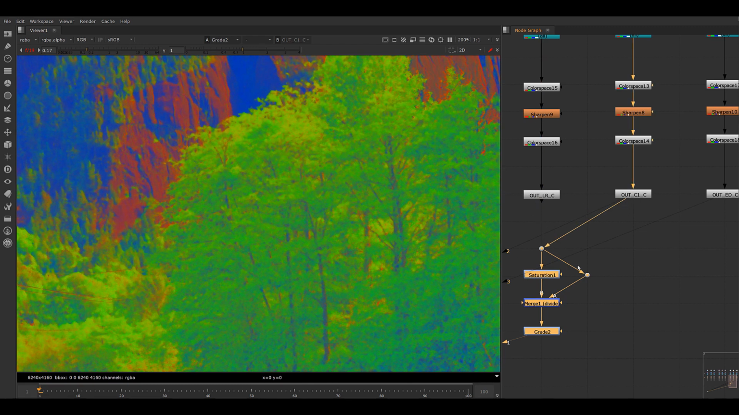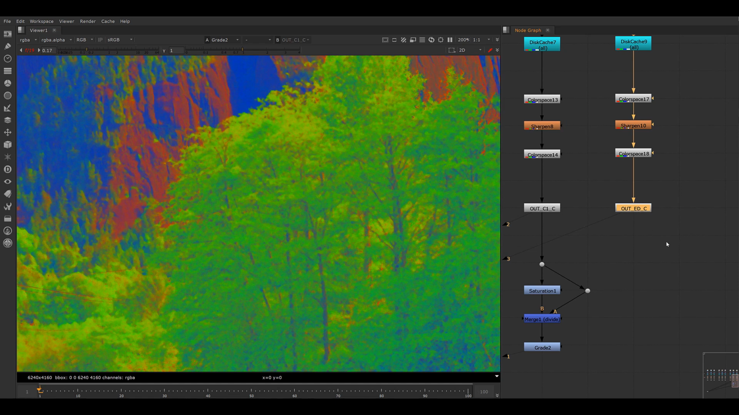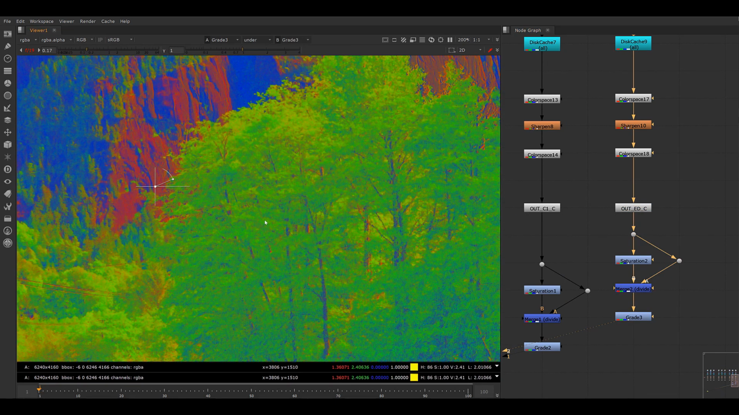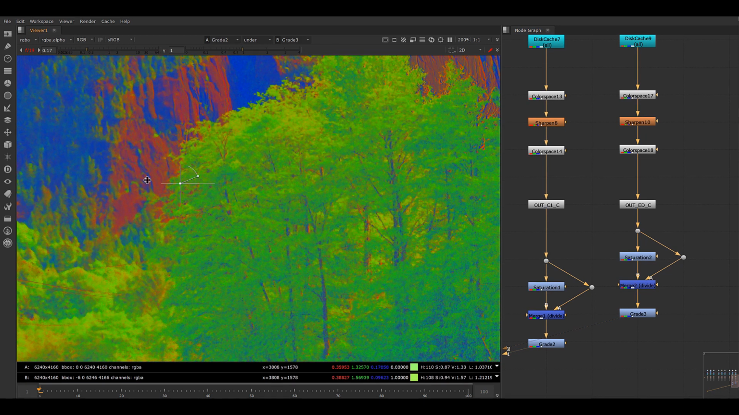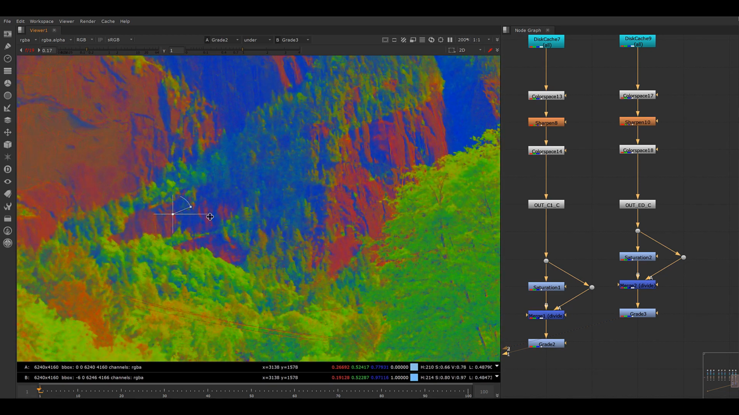Now, if we compare that result, I'm just going to copy this whole network and paste it over here to Lightroom's. Okay, then let's say grade 2 and grade 3. Okay, you can see that once again, as far as color definition, we're getting a heck of a lot